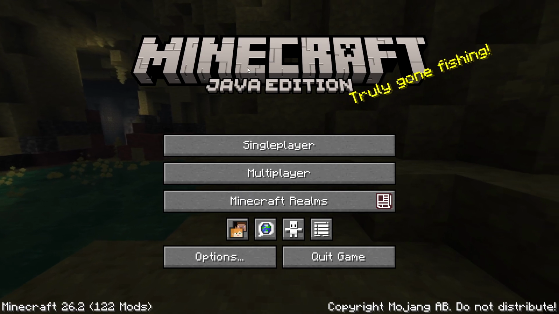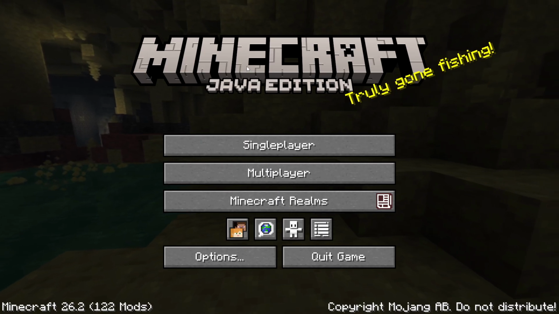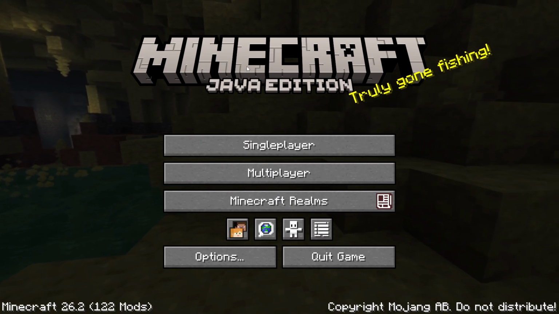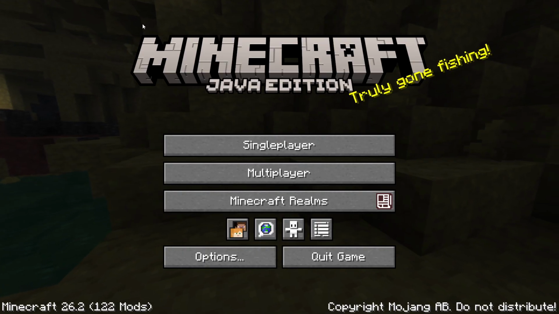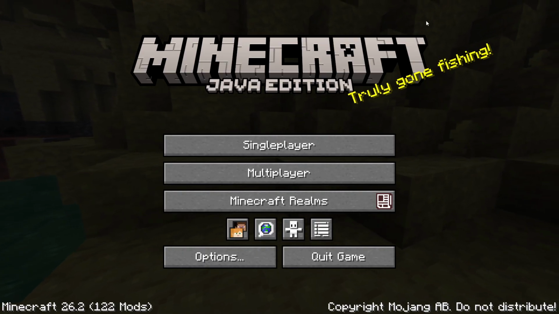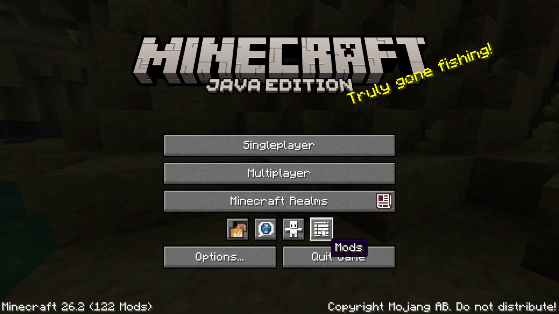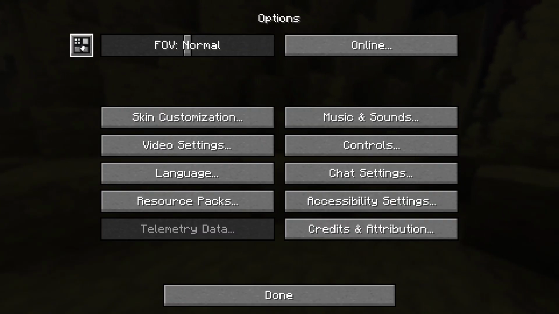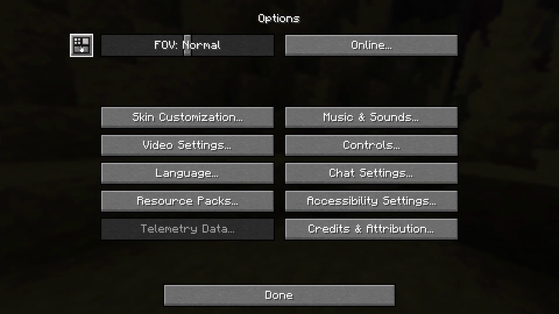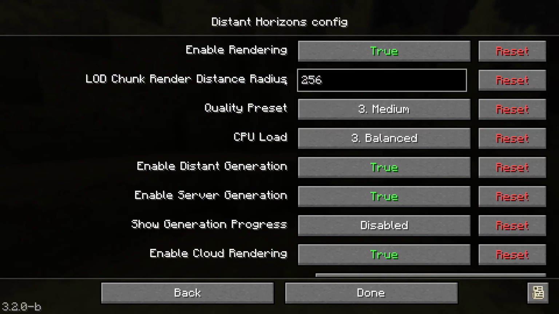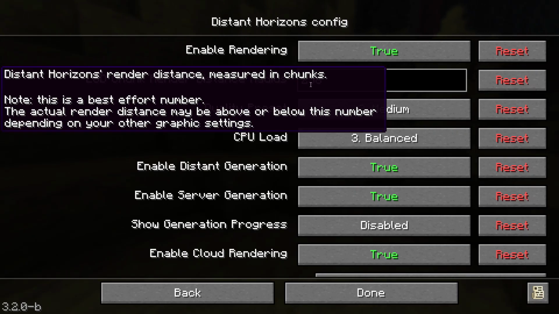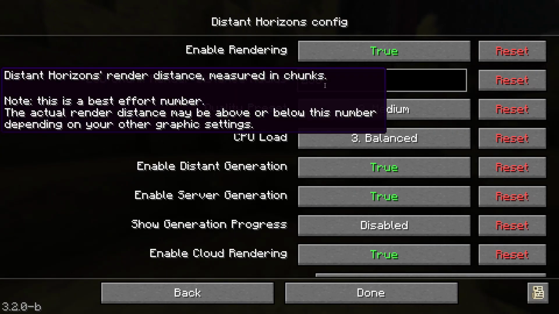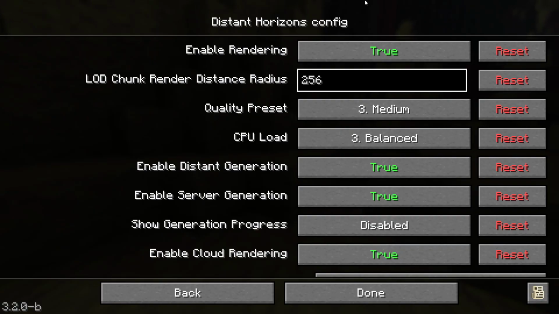So once you're in game here, you're going to want to do a few things first. Don't play the game, because this is not optimized just quite yet. It's going to be super laggy. So first, you're going to want to come over to Options, then click this button in the top left corner. This is 256, so this is 256 chunks that you're going to load. So turn this down to something more modest, like